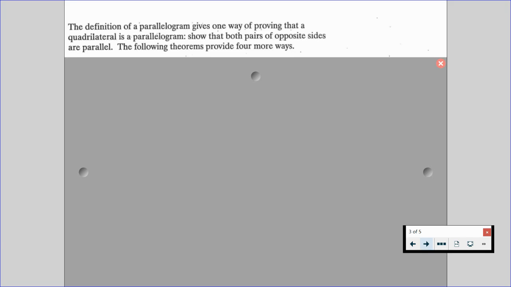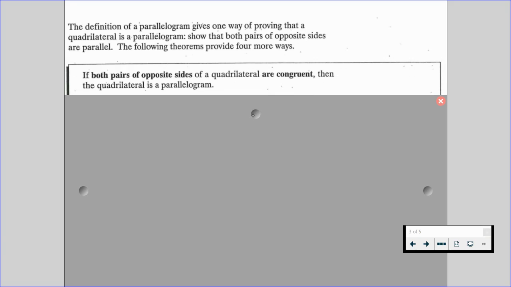So the definition of a parallelogram gives one way of proving that a quadrilateral is a parallelogram. Show that both pairs of opposite sides are parallel. The following theorems provide 4 more ways. So if both pairs of opposite sides of a quadrilateral are congruent, then the quadrilateral is a parallelogram. So if we have a diagram that looks something like this, where opposite sides are congruent, then we're going to